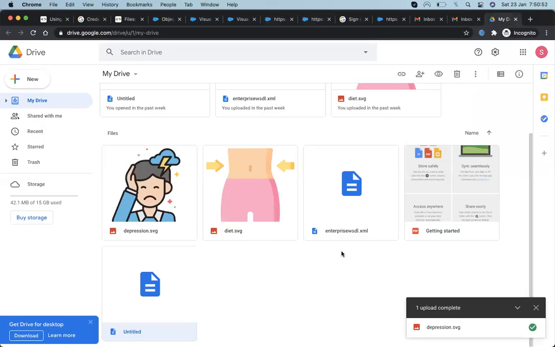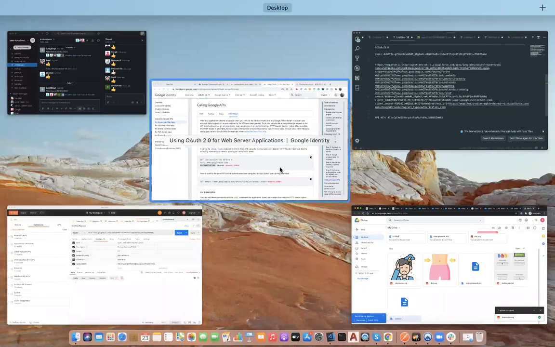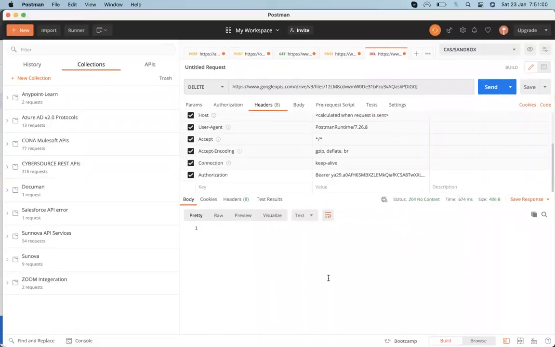If I come up here, that file is gone. Yeah, you can see that file is not available up here. So that is how this is working with the access token and all those things. That is the important thing while working with Salesforce and while working with any third-party API, how we are doing that.